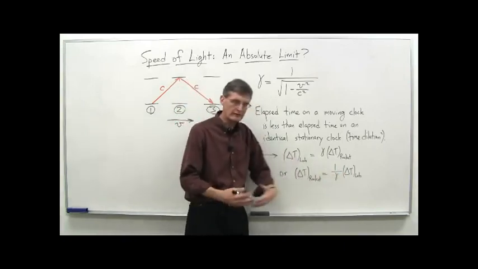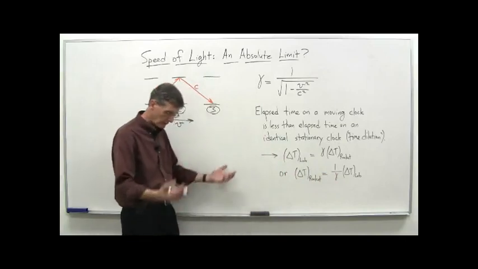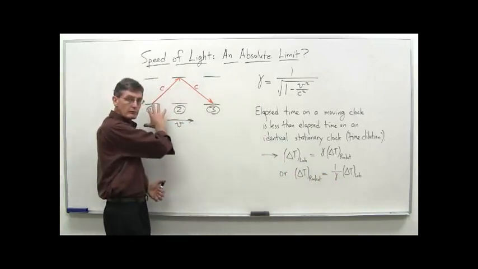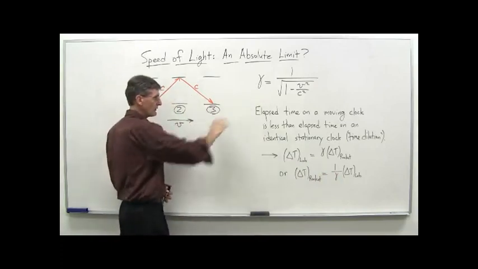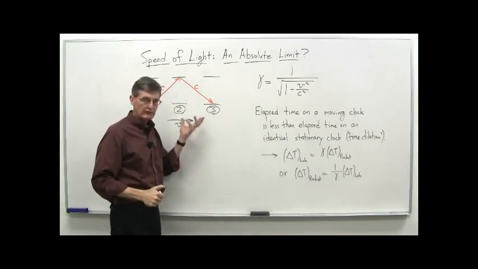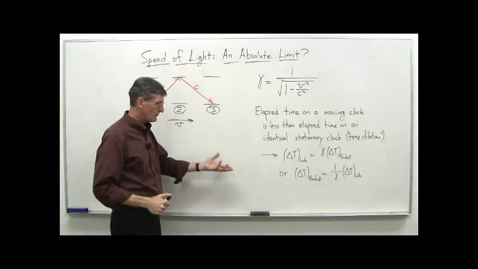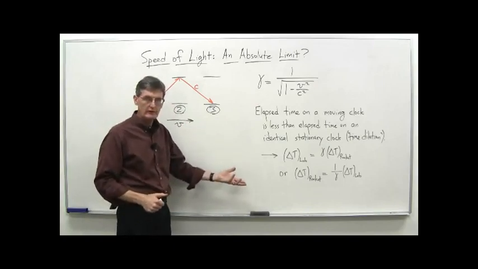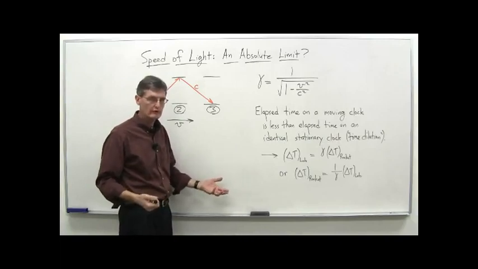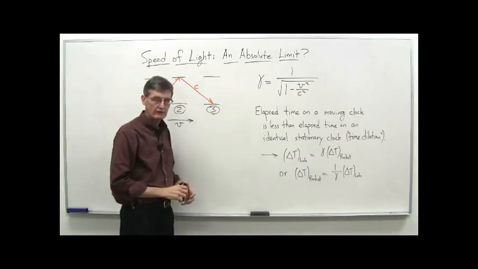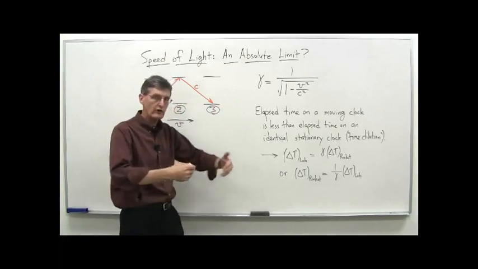As the lab clock is ticking away nicely, if Bob was moving by in his rocket with his light clock, and he was moving actually at the speed of light, we would see his clock as never ticking at all. It'd just sit there. It'd be frozen. Time would be frozen as far as we would see his clock going by according to our lattice of clocks.